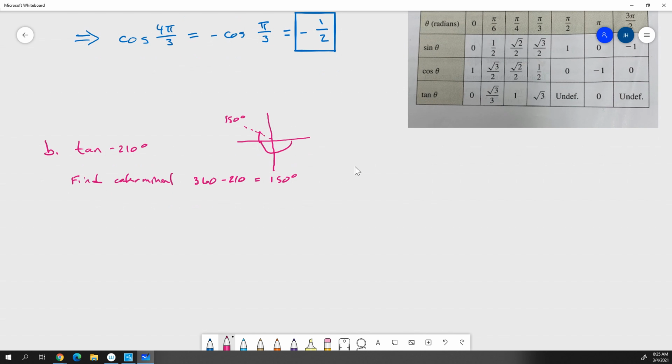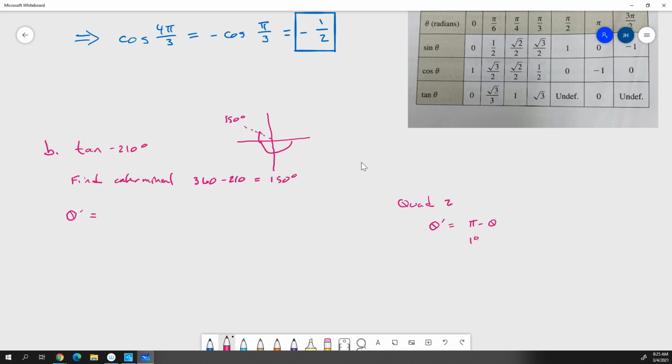So the first thing we need to do is find our reference angle, right? Our theta prime. Now, I don't know if you still have the little chart I made for you by which quadrant it's in, but if it's in quadrant 2, we use this: theta prime equals pi minus theta to find what our reference angle is. So in this case, we're going to go,